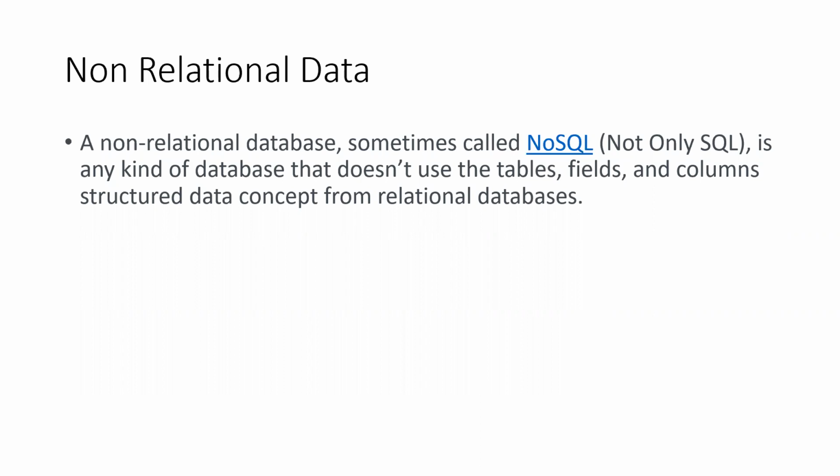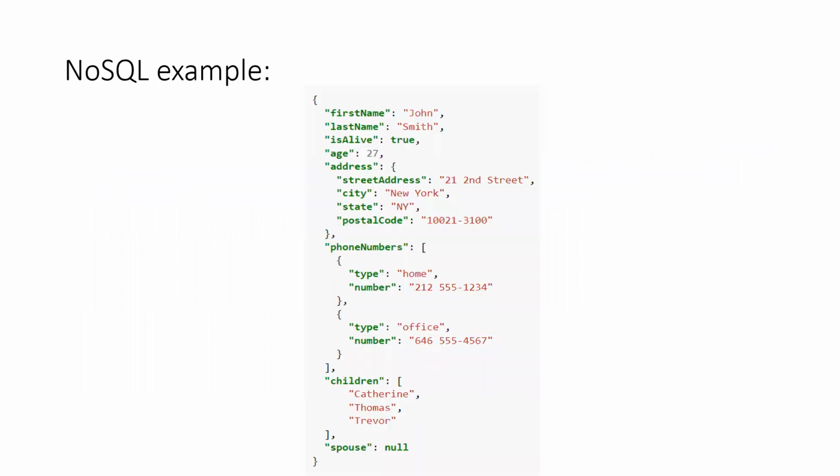In a NoSQL database, we can go ahead with a hierarchical manner as well, which is not possible in a tabular structure. Why is it a hierarchy level? Let me show you. Yes, this is an example for NoSQL, and this is JSON as well. You can see first name, last name, is active, age. Address is a key, and inside address again we are declaring another key value. So it's a hierarchical level key value pair.